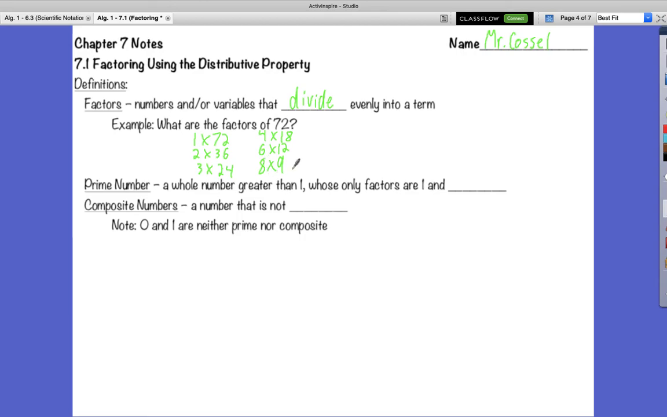Close enough only counts for horseshoes and hand grenades. And then I like to add in that it also counts in nuclear warfare. But